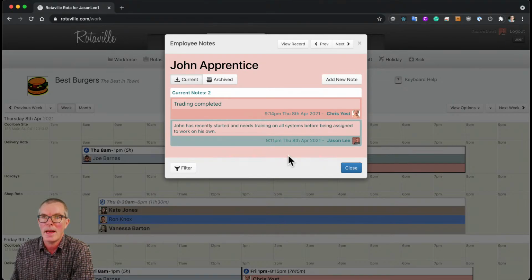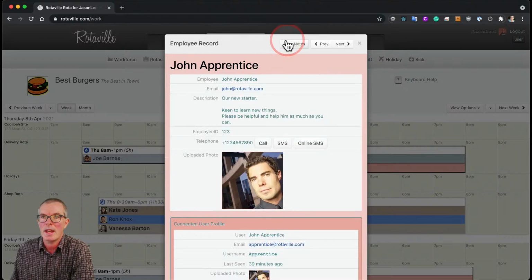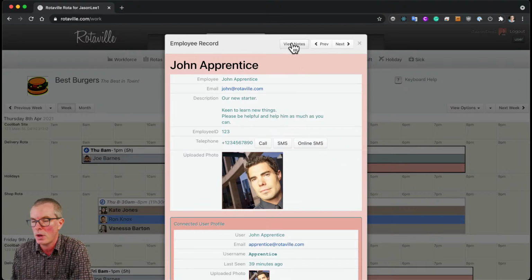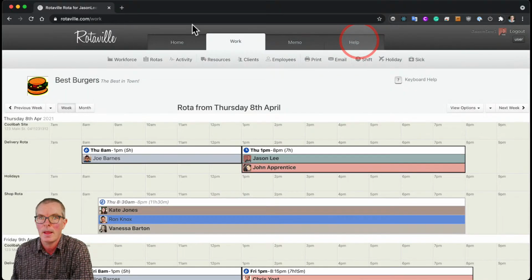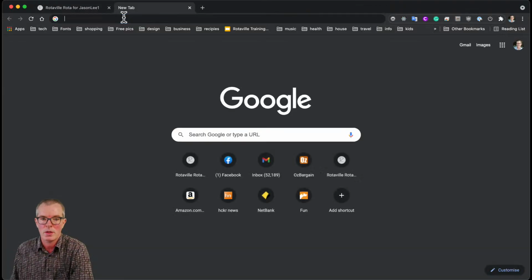So that is employee notes. You can access the employee notes for a given employee by just clicking on the View Notes button in the employee profile. Let's quickly jump over to the Rotaville mobile site, rotaville.com/m,